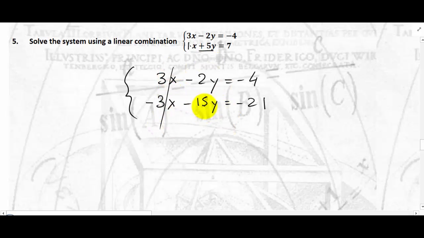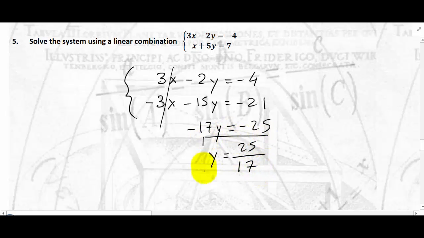That will just cancel. Negative 2 and negative 15, that's negative 17y. Negative 4 plus negative 21 is negative 25. And so we have y equals 25 divided by 17. Okay? Now, at this point, very often, teachers will say to substitute this value of y